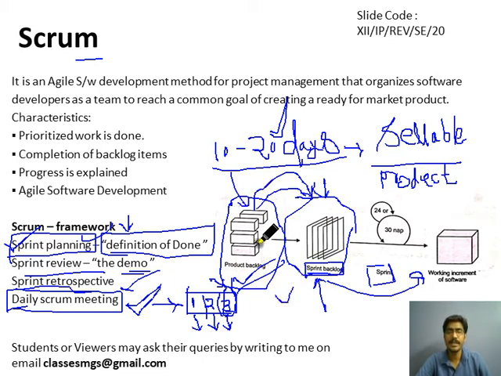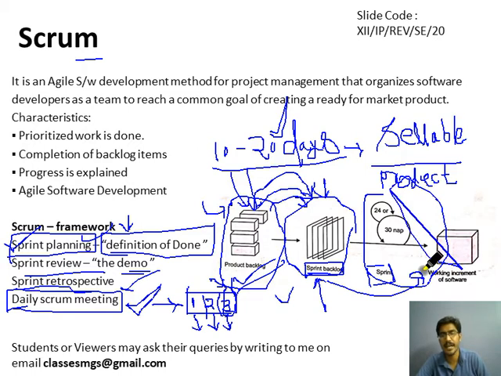This is the diagram. First of all, we will have the product backlog, in which we have all the features that need to be developed, and it is maintained by the product owner. When we start the sprint, in the sprint planning meeting, we add the items or tasks that need to be completed in the sprint from the product backlog to the sprint backlog. Then the sprint will continue for 20 to 30 days or 10 to 20 days, depending on the sprint time frame. In this particular sprint we will develop software that is working. Okay, this is how Scrum works.